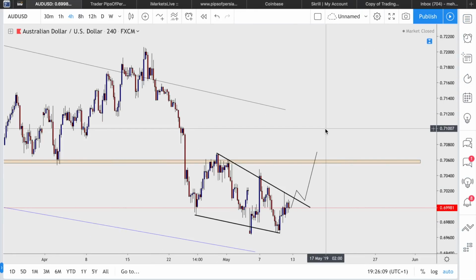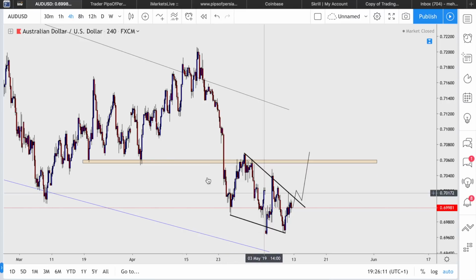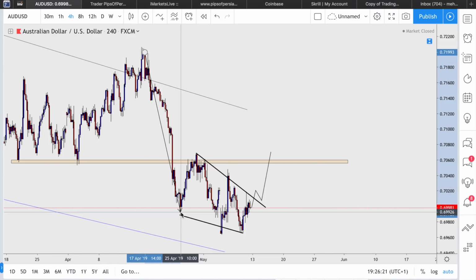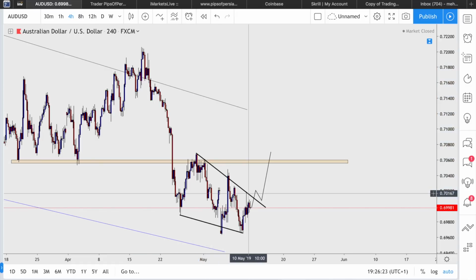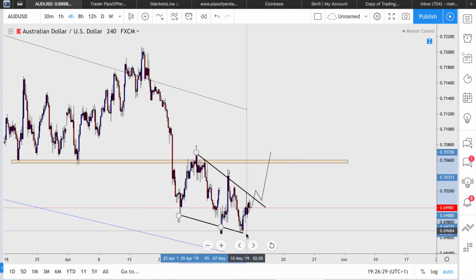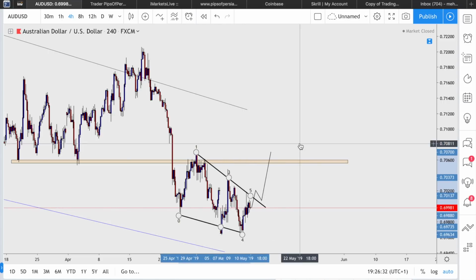Australian dollar versus the US dollar, the whole structure that we have formed over here looks very, very bullish to me in essence. It looks like a perfect reversal formation where we've got an impulsive move to the downside and we have entered this bullish pennant. We have actually formed a 1, 2, 3, 4, 5 move over there